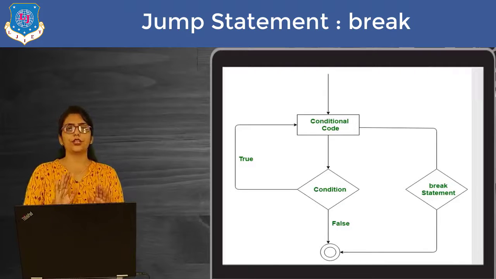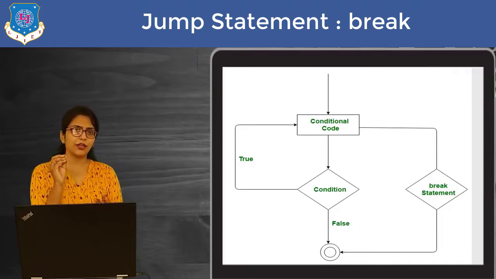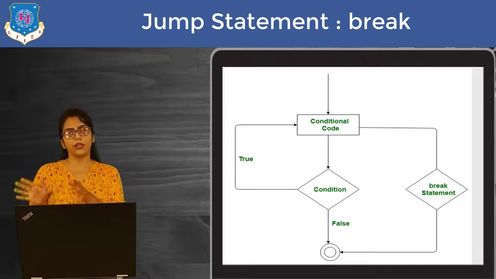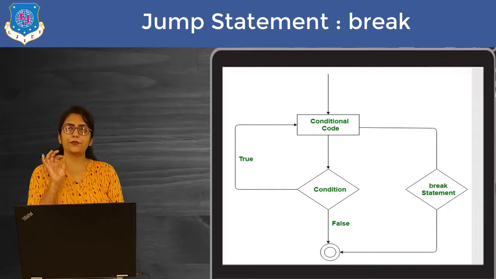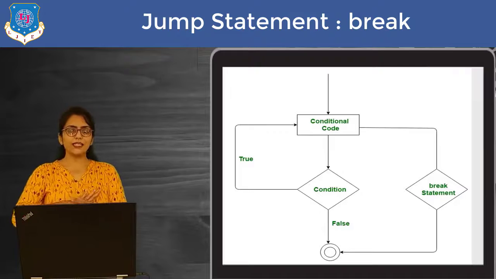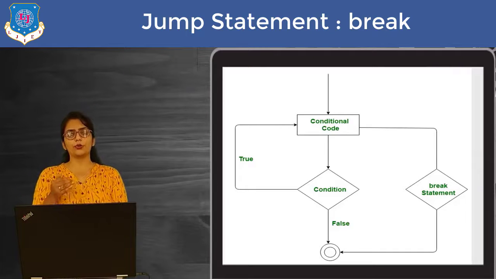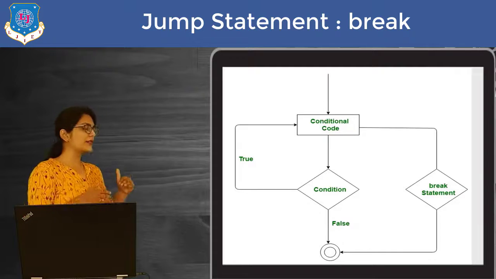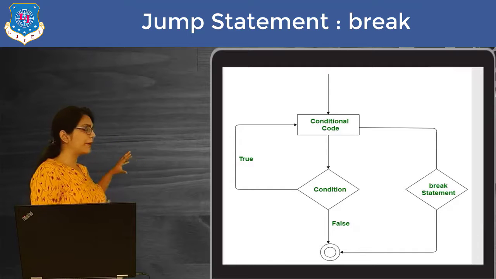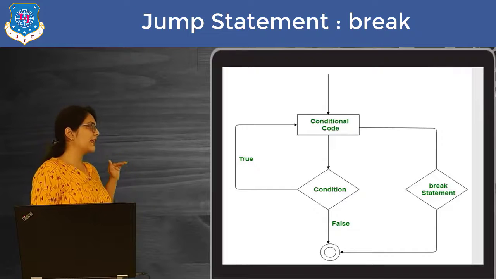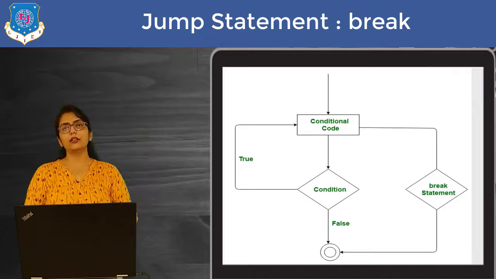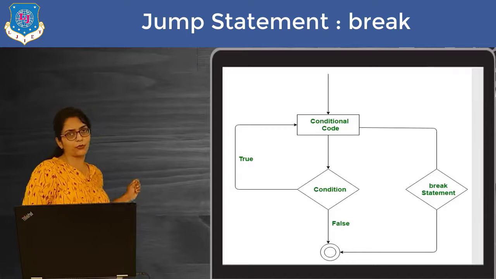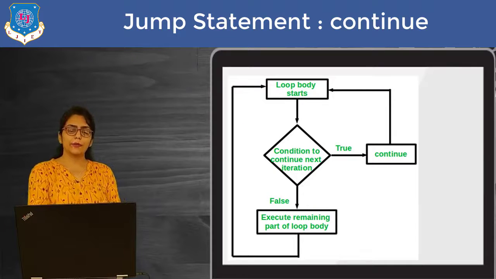But what if, for some particular condition, I just want to break the loop? Suppose I have given that the range of the loop must be 1 to 30, but if a reaches 15, I just want to break the loop. This is not a real-time scenario, and I am going to show you how you can implement break in your code. But right now, just try to understand the concept. So, for some particular condition, I just want to break the control, and it will come out of the loop. So, this is how we can use the break statement.